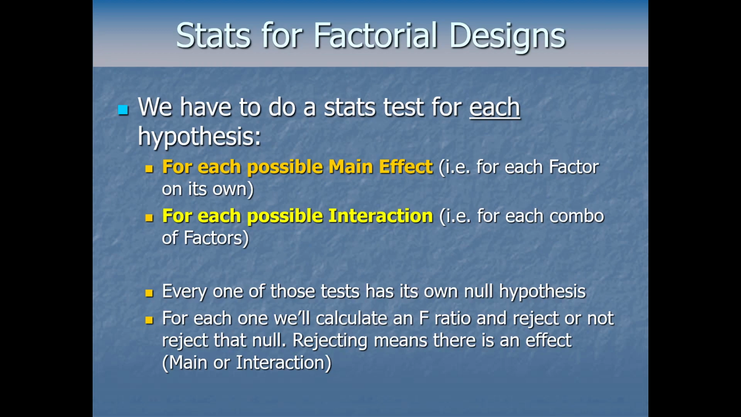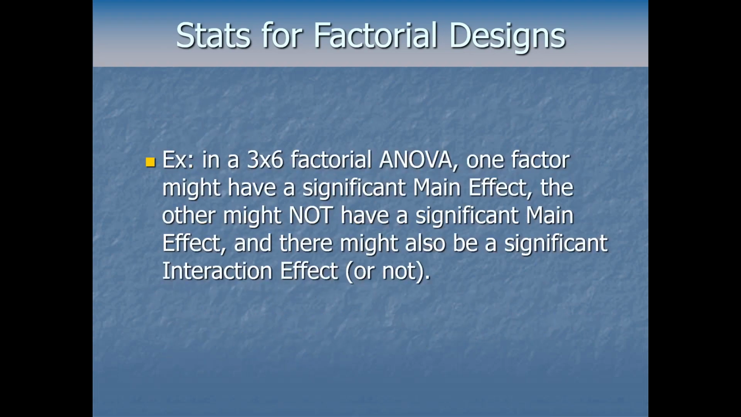And rejecting the null would mean there is an effect, either a main effect, if that's what we're testing, or an interaction effect, so whichever one we're testing. And thankfully, in a modern statistics program, all of this gets run at the same time as part of what we just call a factorial ANOVA. So it's like a normal, simpler one-way ANOVA that we've seen in a previous video, but here for two or more factors. So just for example, if we're doing a 3x6 factorial ANOVA, we had a 3x6 design,